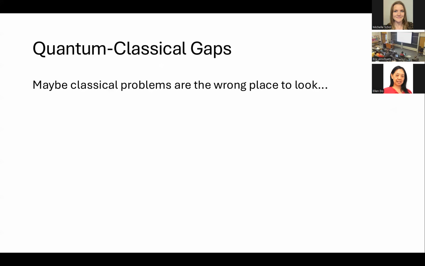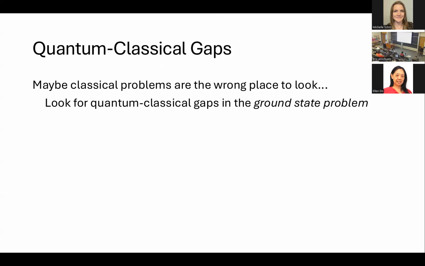Okay, so that's what happens for combinatorial optimization. But that's kind of an unnatural place to look for use cases for quantum algorithms, given what quantum algorithms are really good at is simulating quantum mechanics. So